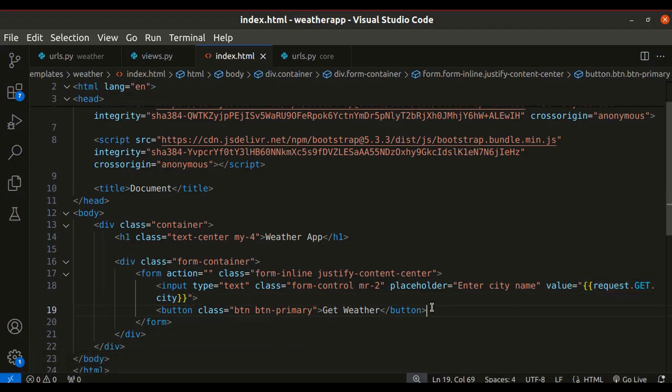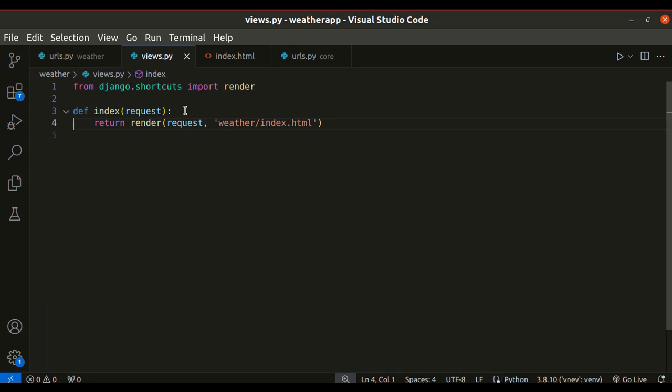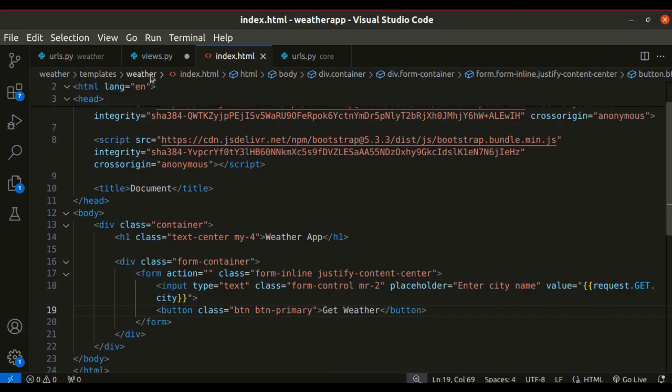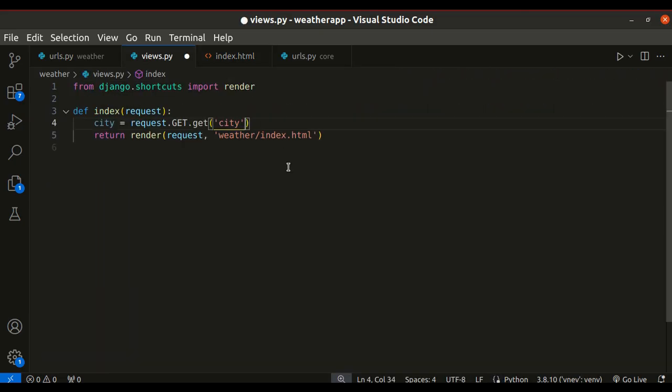And now if we go to views.py, over here we can do city is equal to request.GET.get city, and the default one would be London. The default value will be London. All right,